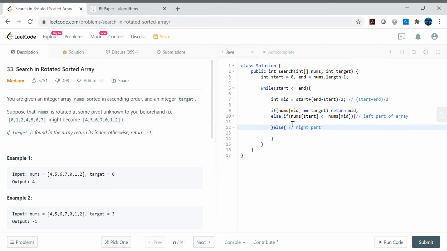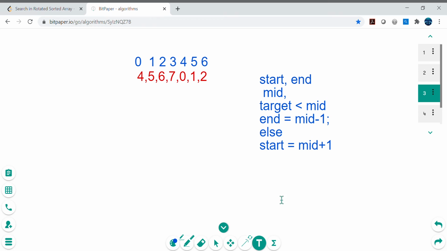So let's say we want to check if target is falling in this range or not. We check if target is greater than or equal to nums start and target is less than nums mid. So this is mid in this case, the third index, and we are checking if target is in this range or not.